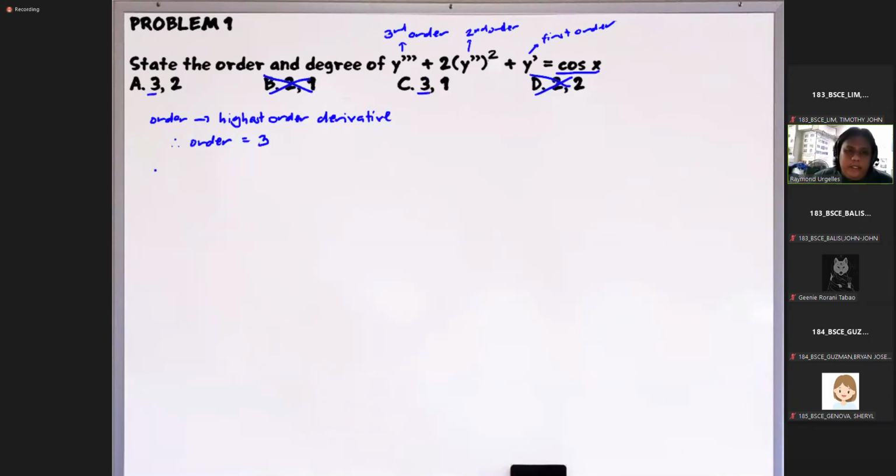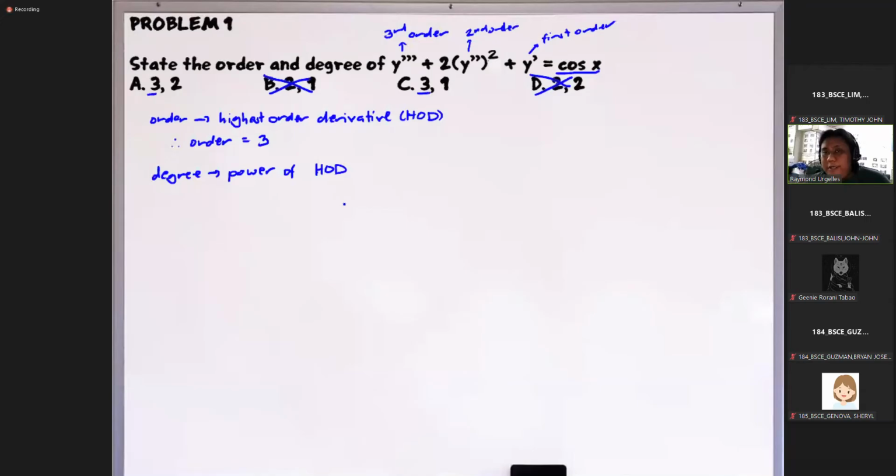And pag sinabi nating degree, kung familiar kayo sa term na degree sa polynomial, this is the exponent. So therefore, pag sinabi natin degree, ito yung power of the highest order derivative. Ganito, tawagin na lang natin as HOD. So power ng highest order derivative. So kaya hindi natin kailangan tignan yung power or the exponent